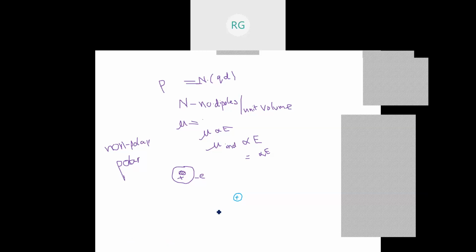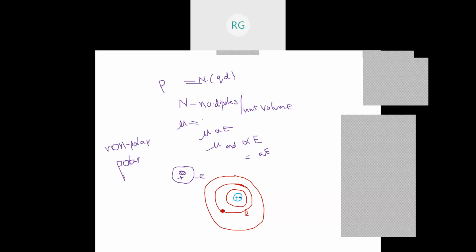So I am taking the center maybe somewhere here or maybe inside. Now the atom is not made only by the positive charge; we have negative electrons also surrounding it like this, with one electron in the first orbit, or maybe in the next orbit, or in the next orbit, something like this. Therefore negative charge is also distributed around the nucleus, similar to positive charge that is distributed within the nucleus.